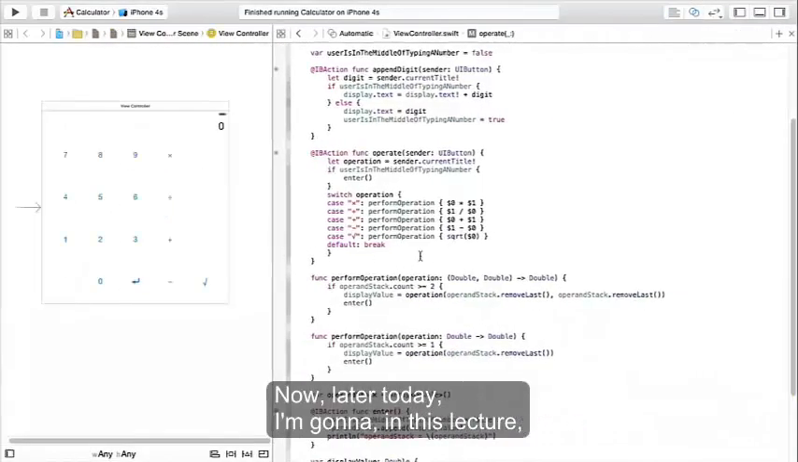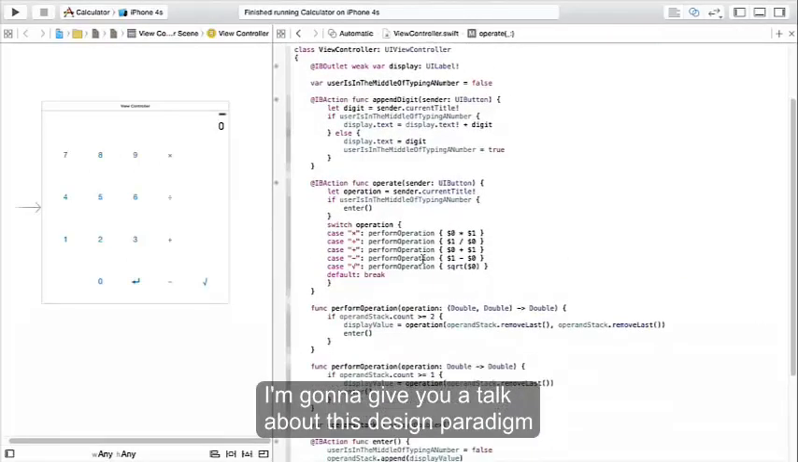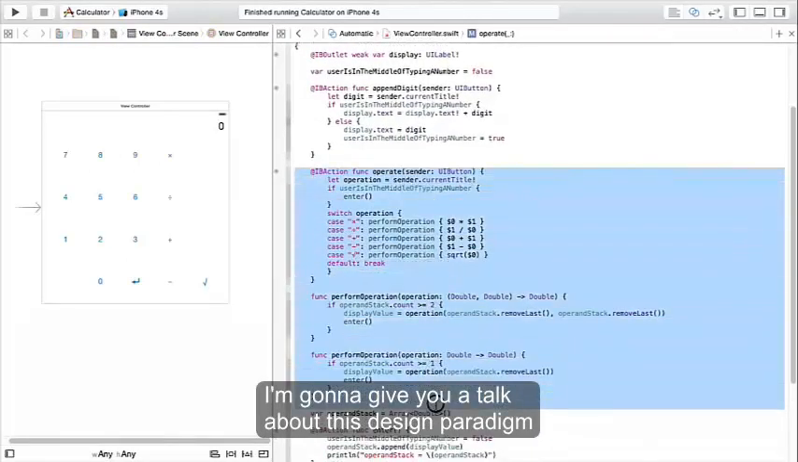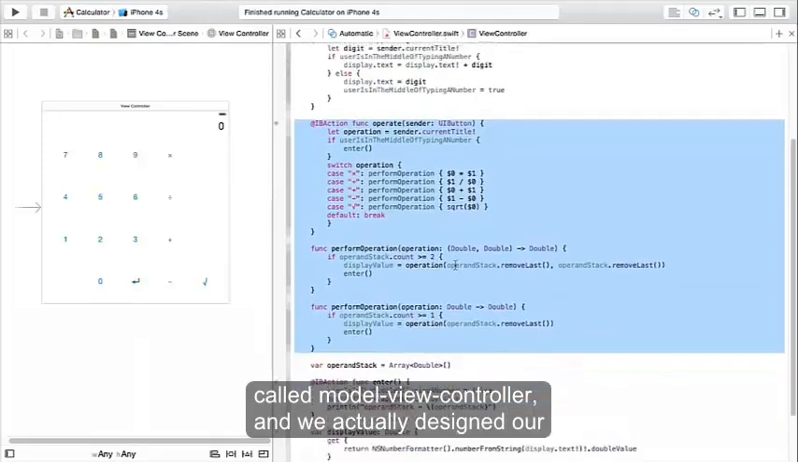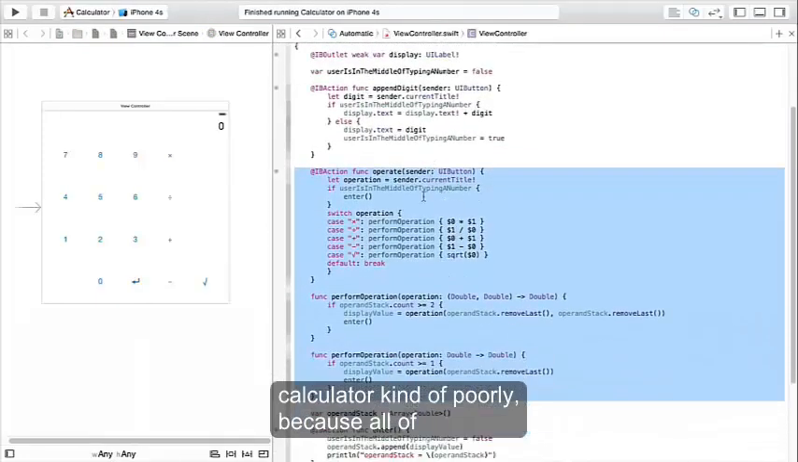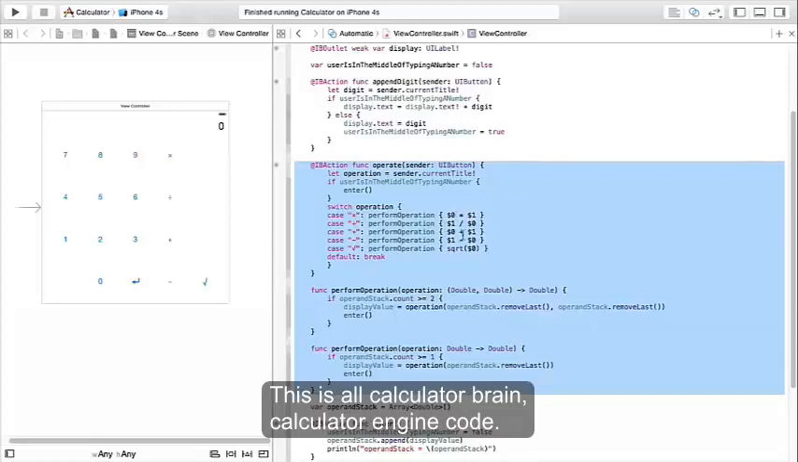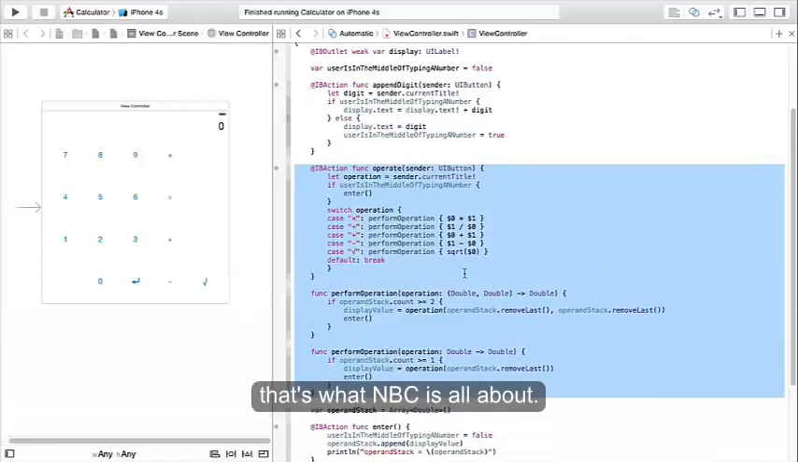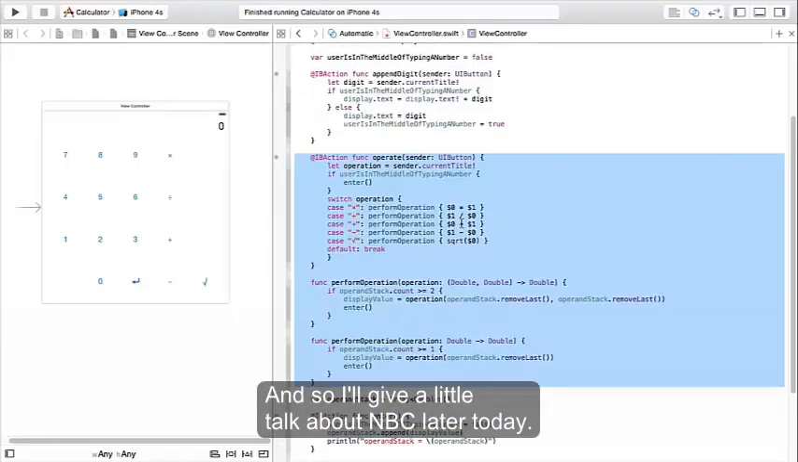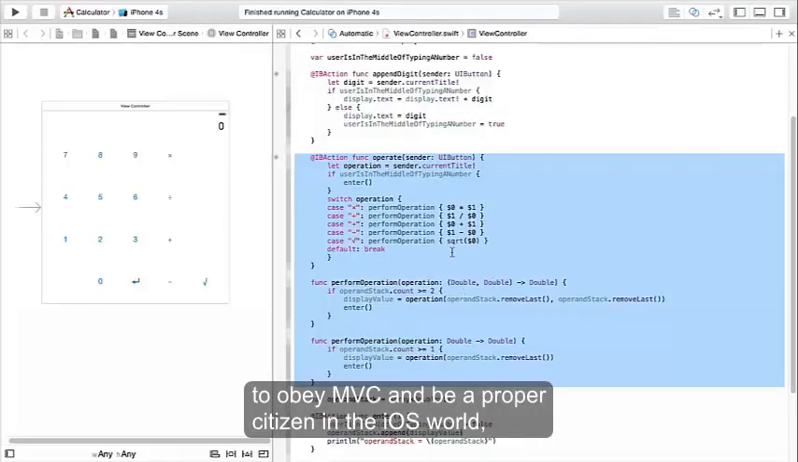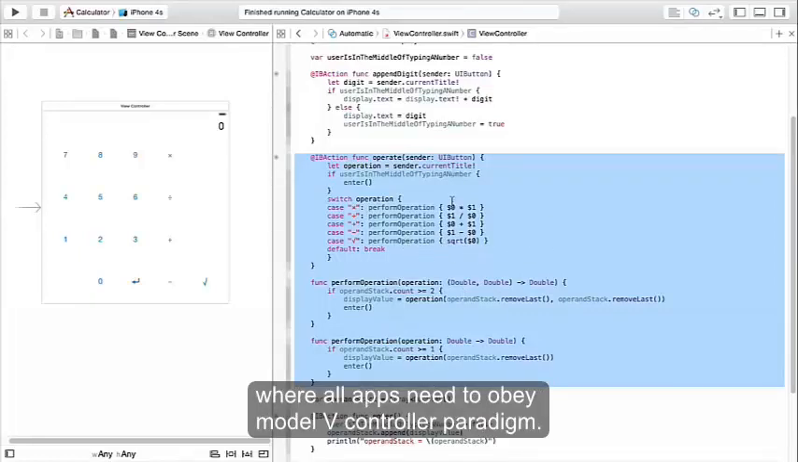Now, later today in this lecture, I'm going to give you a talk about this design paradigm called model view controller. We actually designed our calculator kind of poorly, because all of this code here has really nothing to do with UI. This is all calculator brain, calculator engine code, and this really wants to be in a different object, and that's what MVC is all about. I'll give a little talk about MVC later today, and then on Monday we're going to fix our calculator to obey MVC